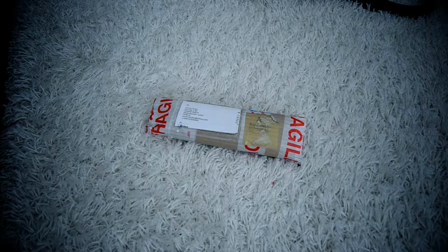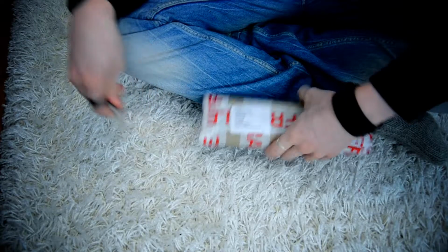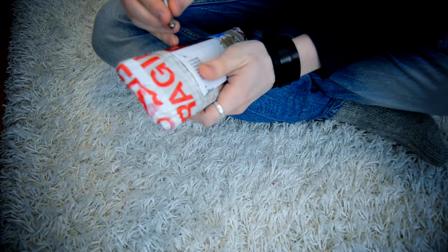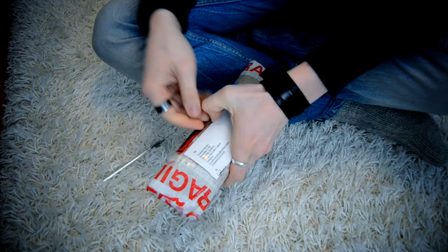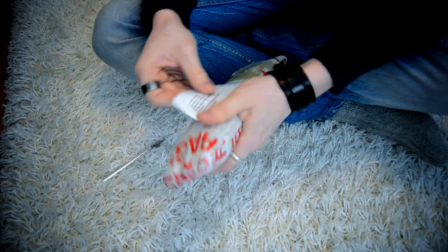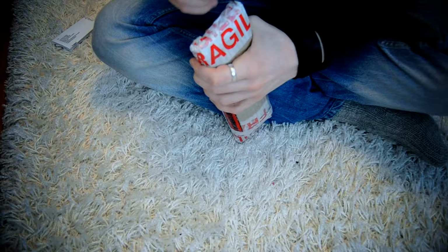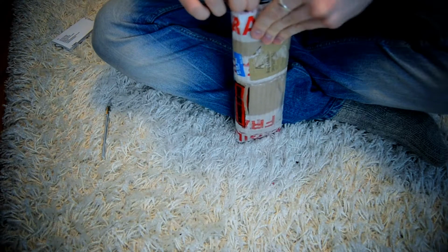package in the mail. And Crimson Guitars. I cannot wait to see what this looks like. I know it's going to be beautiful nonetheless. But this is my very own custom fret file and profiling tool. I had other things I needed to do today, but this was in the mail and it couldn't wait. So